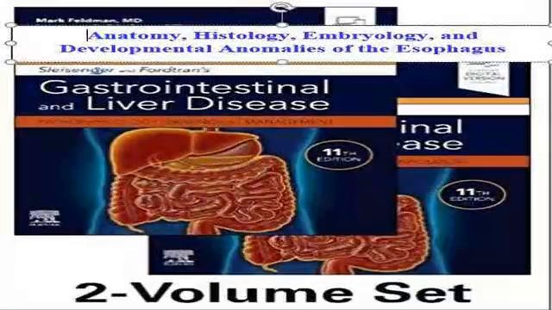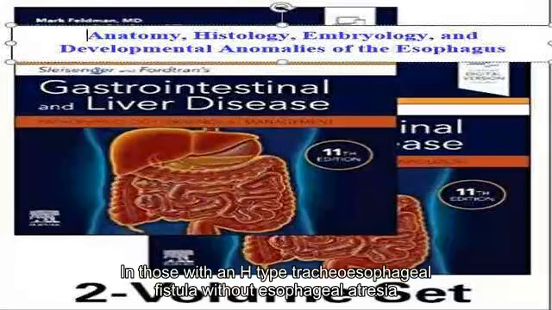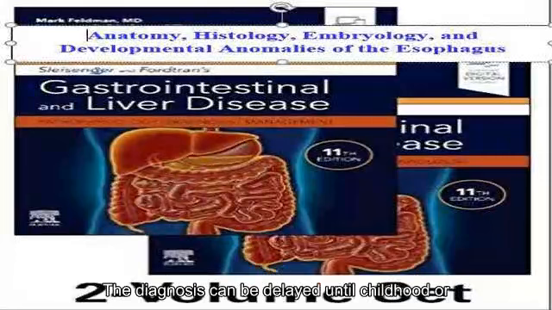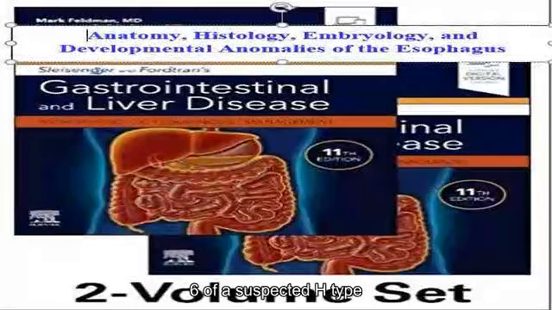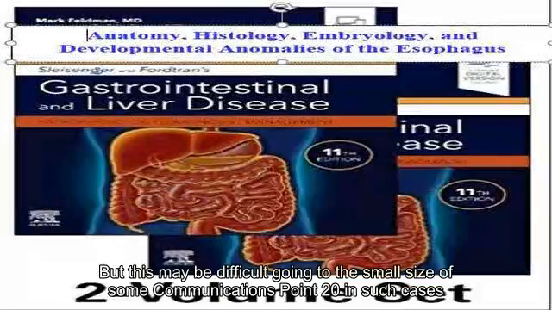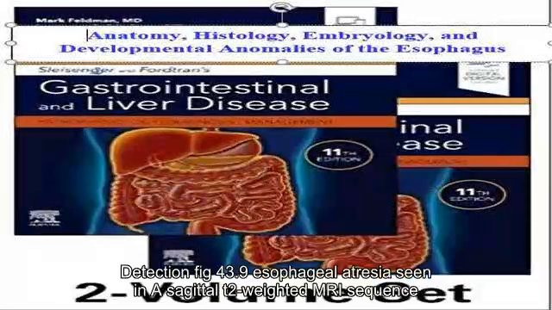In contrast, in those with an H-type tracheoesophageal fistula without esophageal atresia, the diagnosis can be delayed until childhood or, at times, adulthood. Diagnosis of a suspected H-type fistula is usually made by esophagography, but this may be difficult owing to the small size of some communications. In such cases, detection